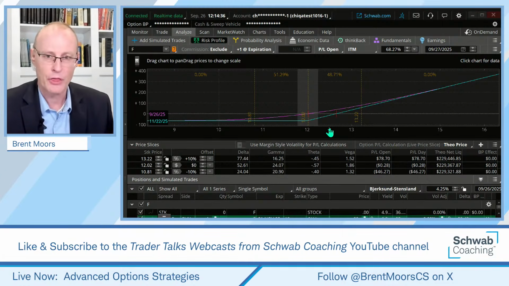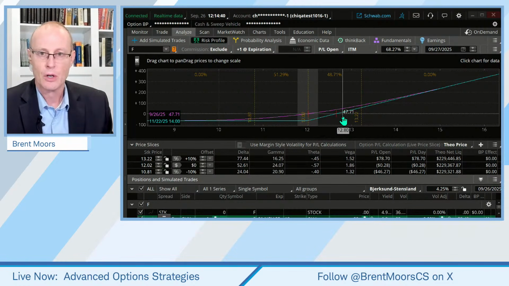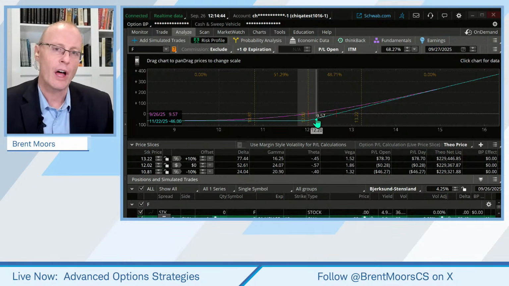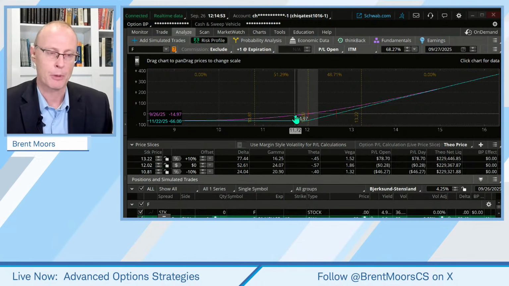So there's some more things. Those are the basic features, but there's more features here. Number one, you can look at probabilities. What are the odds this is at break even or better? Well, let's take a look and just focus on this blue line for now. I'll talk to you about that purple line in just a minute. How do you tell the odds?